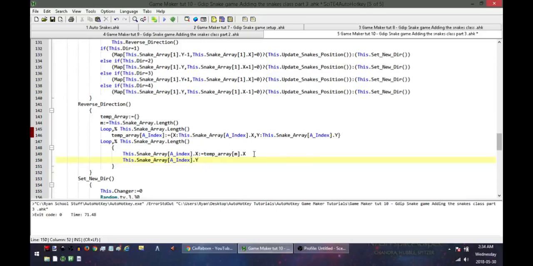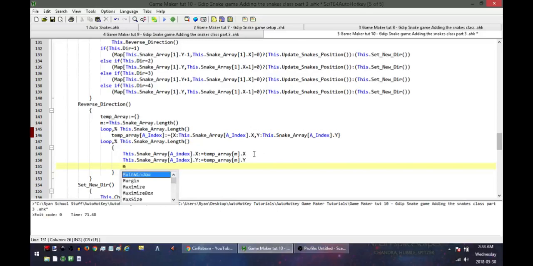So our snake's head is going to equal the same position as the temporary array's tail. And then once that's done, we're going to take m and we're going to minus 1 off of it. So to begin with, if our snake had 10 segments, m equals 10. So the head of the snake moves to the last,